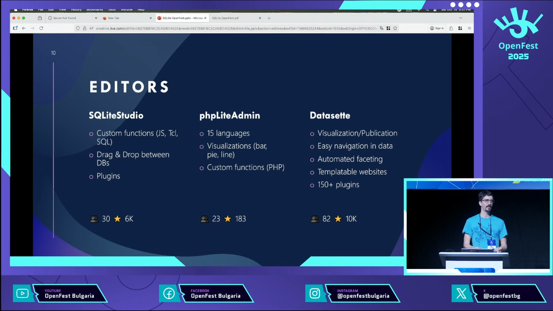It has some nice SQLite-specific functionality, such as registering custom functions in either JavaScript, TCL, or SQL directly from the GUI. It allows you to drag and drop between databases, and it has plugins for extensibility. PHP-Lite Admin is a management dashboard for SQLite. It supports 15 human languages. It supports visualizations such as bars, pies, or lines, and it allows you to register custom functions, this time in